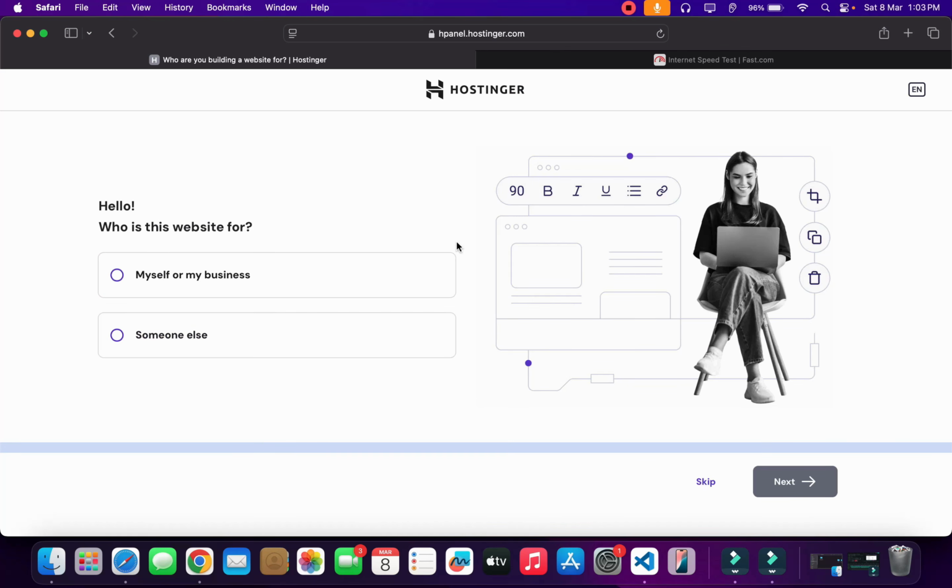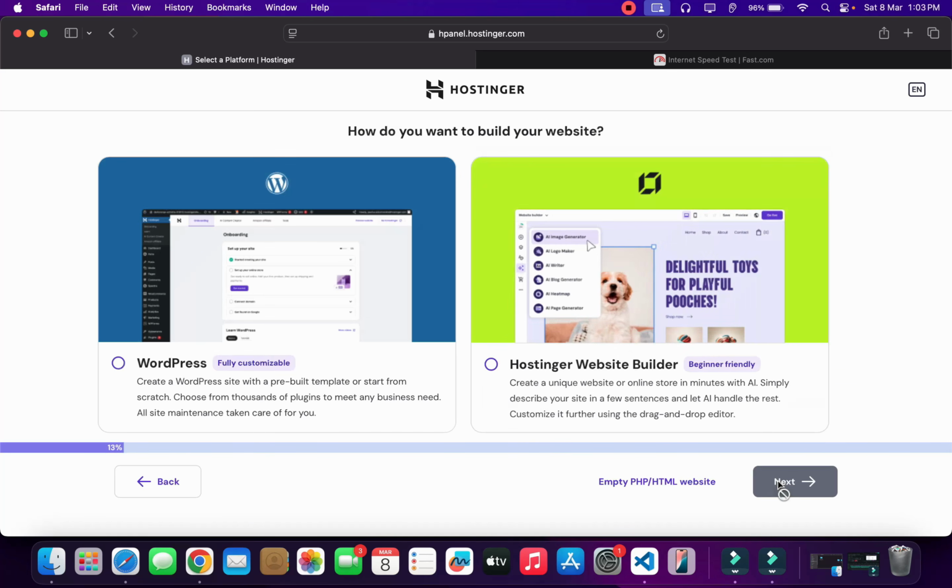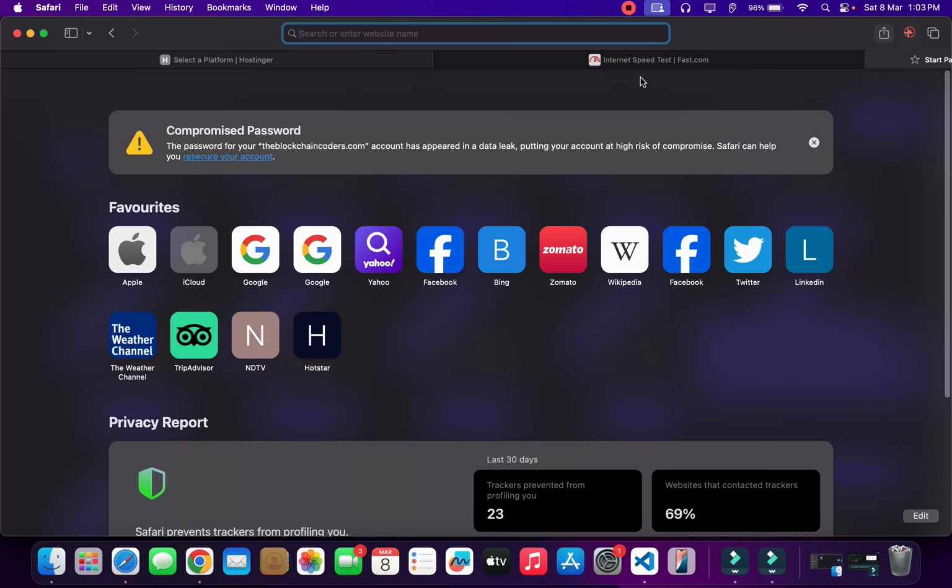So finally I've done with the payment. After completing payment, I'm redirected here. So you can simply select my business, and you can simply click on next, and it will ask you a couple of things, like how you want to create, migrate a website, grant a developer access to do it for me, or you can simply go to this test. Here it will ask you to pick different providers, like you want to use hosting or a website builder, or you can do anything. So what I will do, I'll simply come back here and I'm going to open a new tab, because once you do that, you can simply come back here to Hostinger,